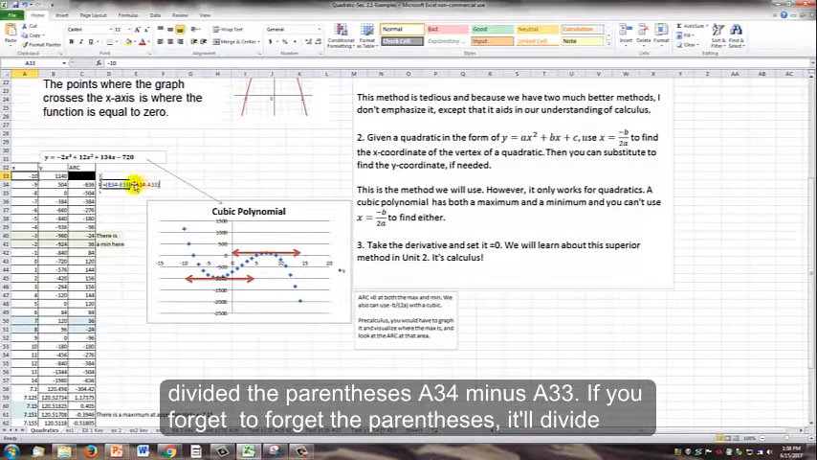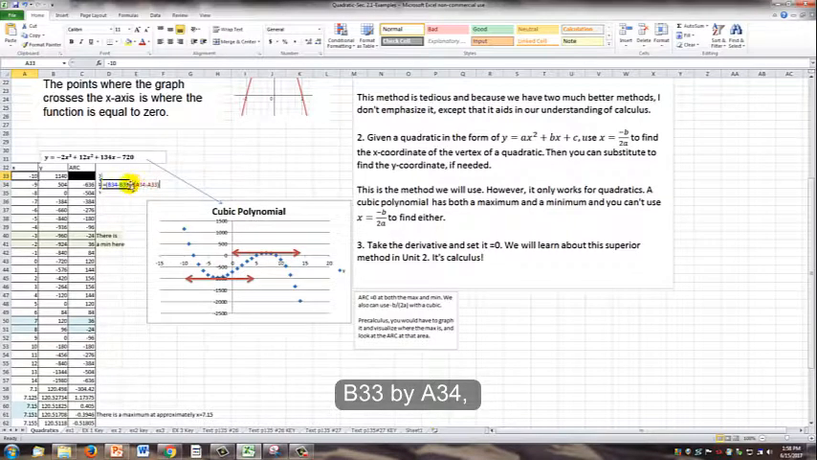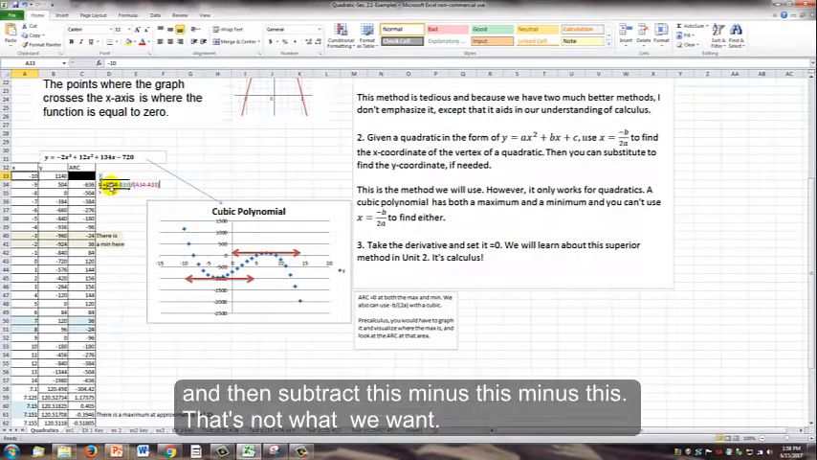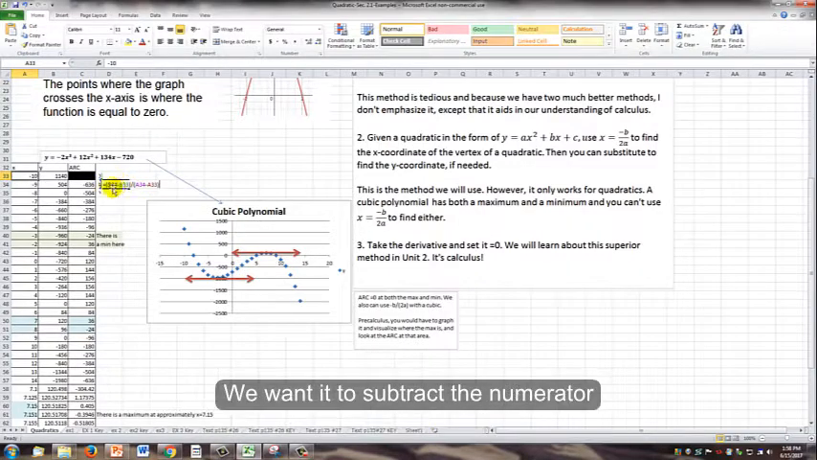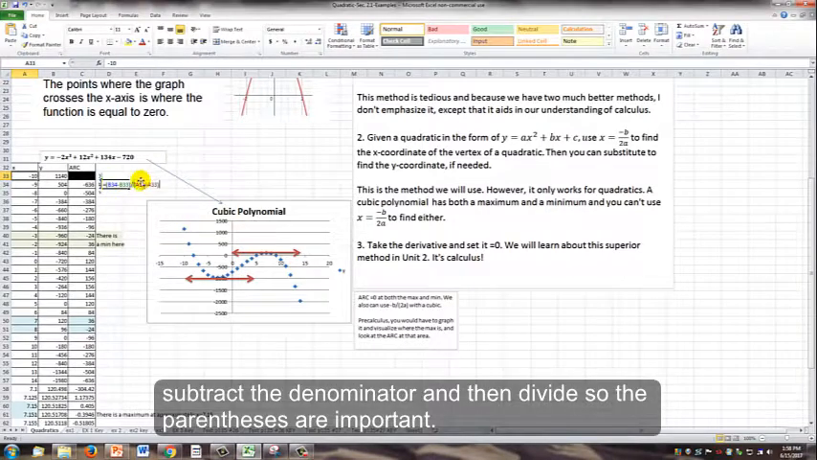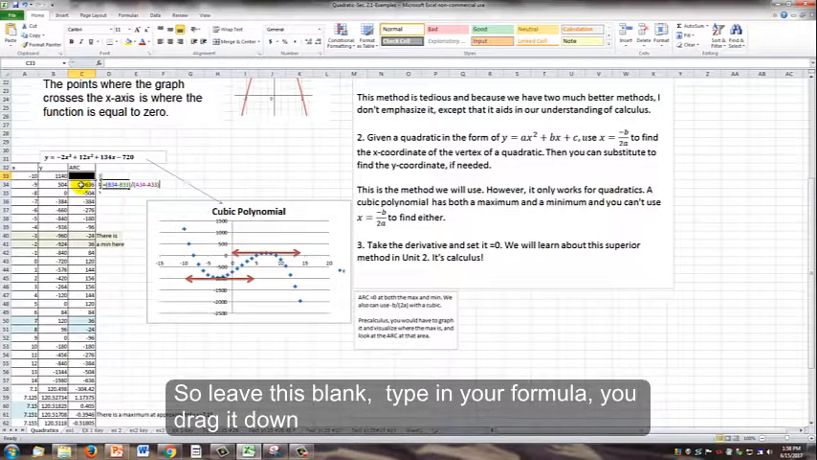If you forget the parentheses, it'll divide B33 by A34 and then subtract this minus this minus this. That's not what we want. We want it to subtract the numerator, subtract the denominator, and then divide. So the parentheses are important. So leave this blank, type in your formula, you drag it down,